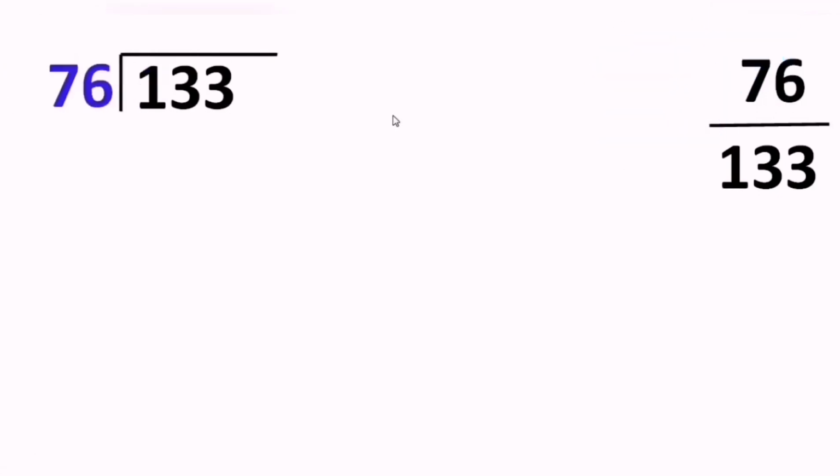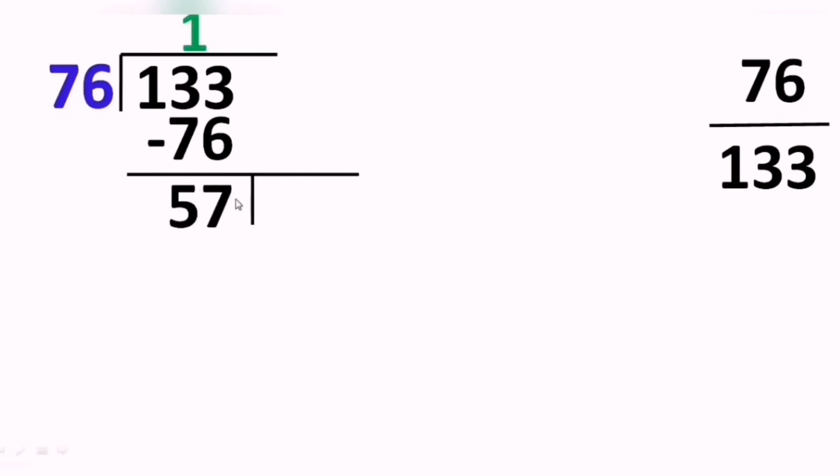Now, which is the nearest and smallest number in the table of 76 considering 133? So what do we get? Again, 1 za. The moment we took 1 za, that means we have to subtract 76 from 133. We get the remainder as 57. Now this 57 will be acting as the divisor for the next group. And what will be the dividend? Any guess? Yes, the 76 will be taken as the dividend for the next question.